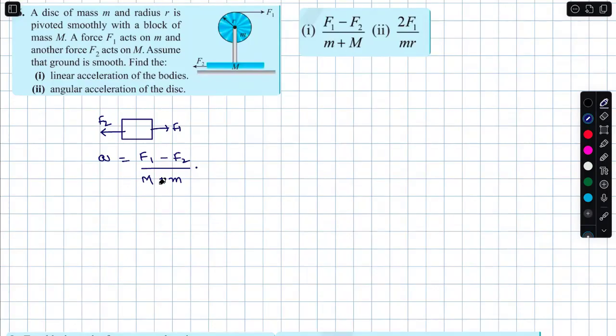Another point is, about this point, about the hinge, F1. So R alpha. Angular acceleration of the disk is what here? About